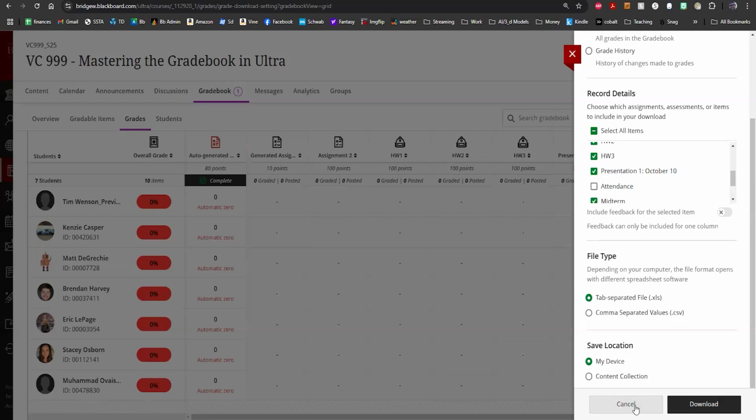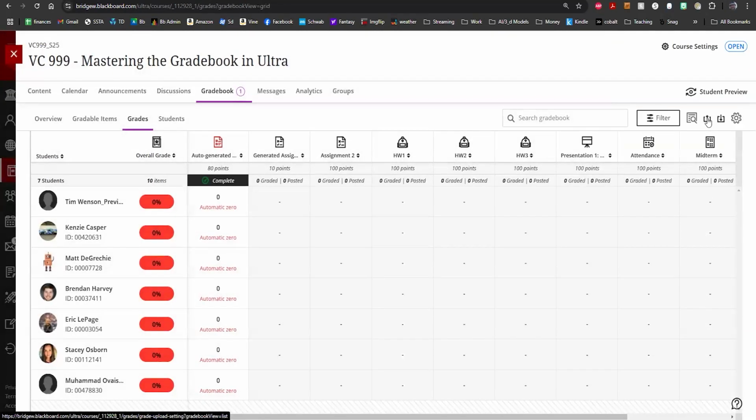Okay. And then so there is also the upload option. If you, for whatever reason, like to enter your grades in Excel, you can download. So I could download this gradebook, put all my grades in, and then upload it back. Just the only thing to keep in mind with that is you want to keep all those headers the